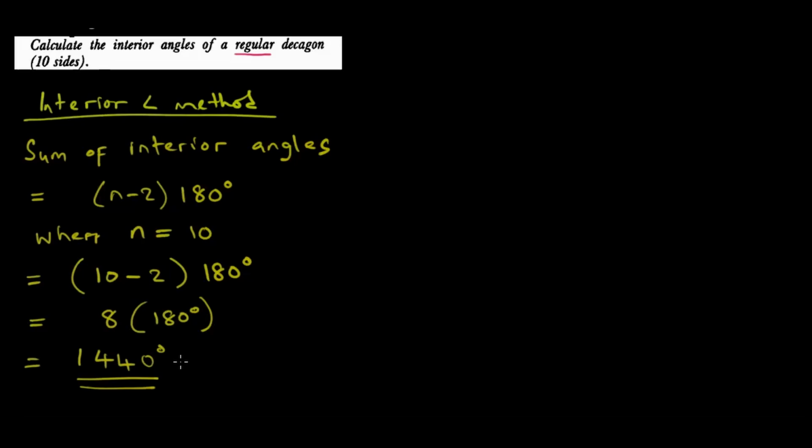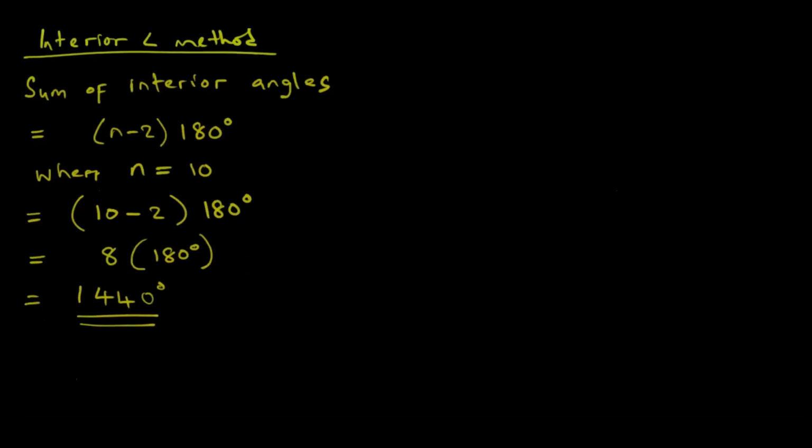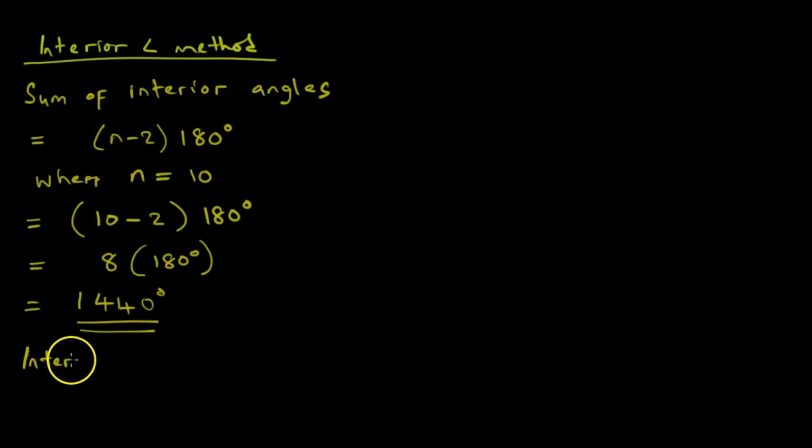When a question wants a sum, you can look at the lesson we did previously. It specifies that it wants the sum. But in this instance, our question doesn't want the sum, it only wants to know what the interior angle of this regular decagon is going to be. Since this is regular, it means each interior angle is equal to the other. That's what regular means. All the angles are equal in size.